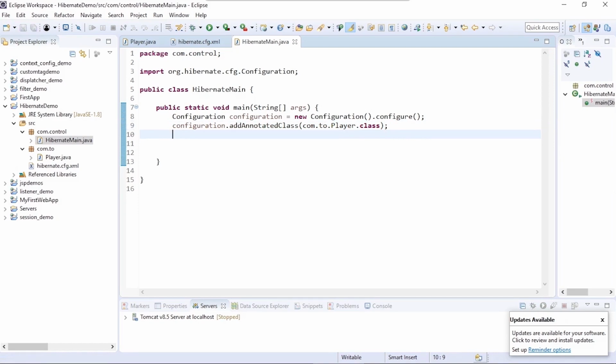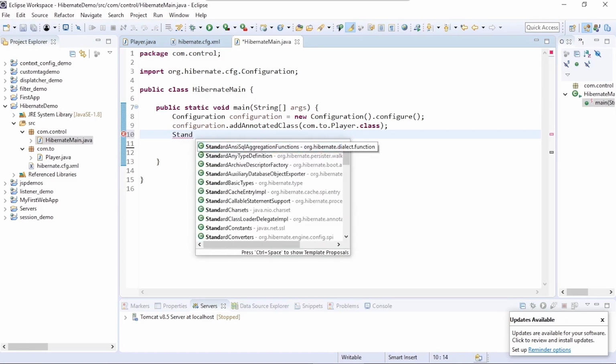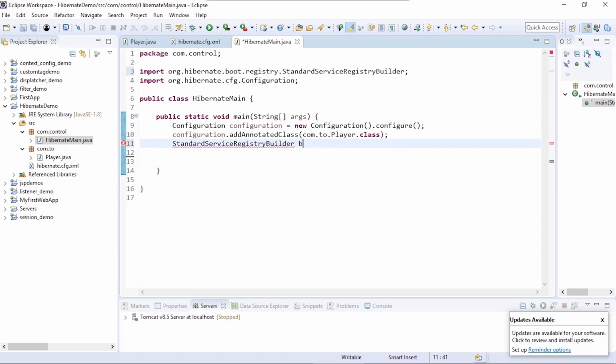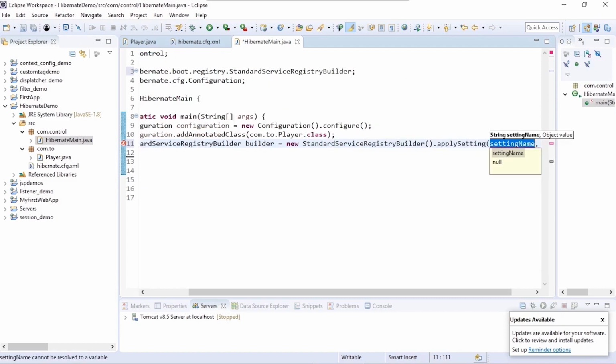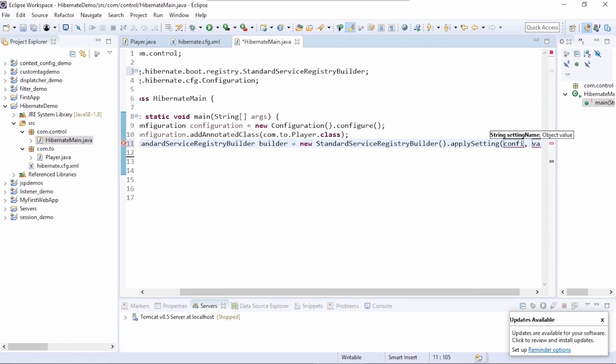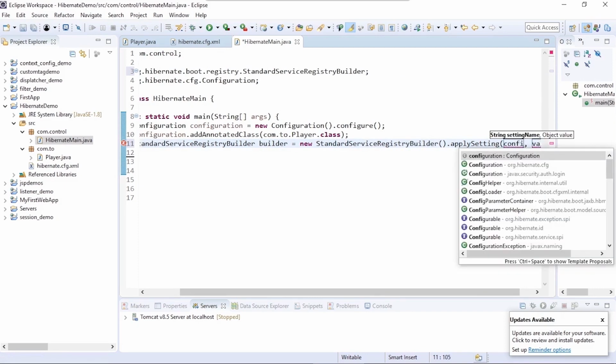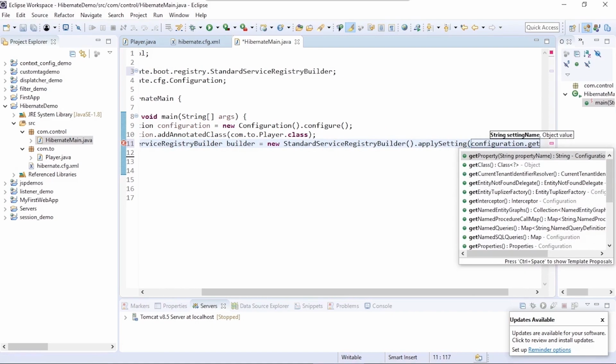Then next we create a StandardServiceRegistryBuilder equal to new StandardServiceRegistryBuilder dot apply settings and configuration dot get properties.